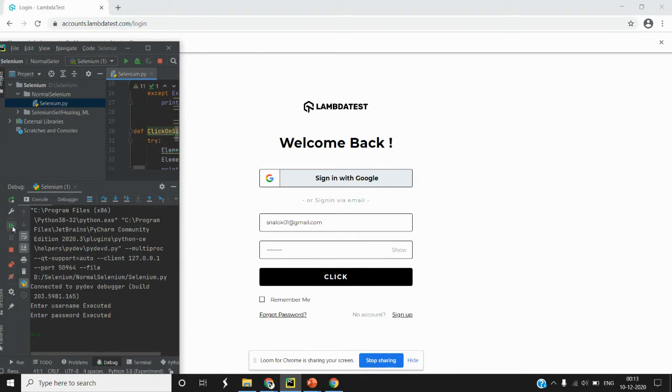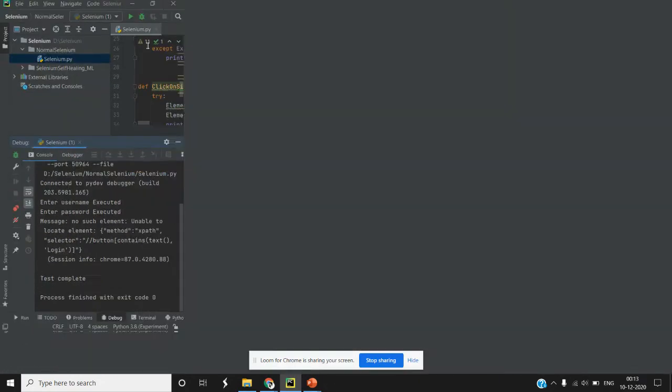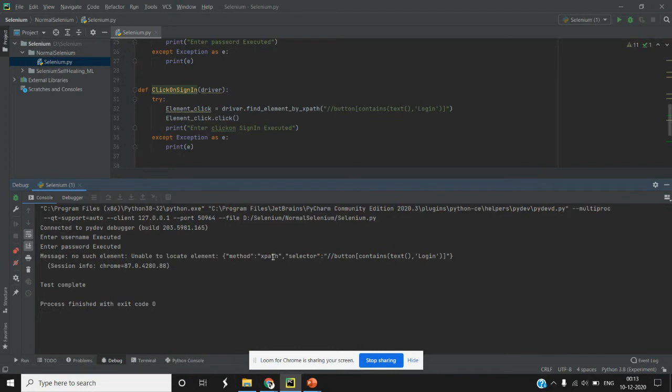So let me resume it, and you will see that an error is thrown: no such element. Yeah, no such element because it was checking for the XPath that we sent from our script. However, in the URL it was not present. So it failed. So this is how we can handle this type of issue using the self-healing